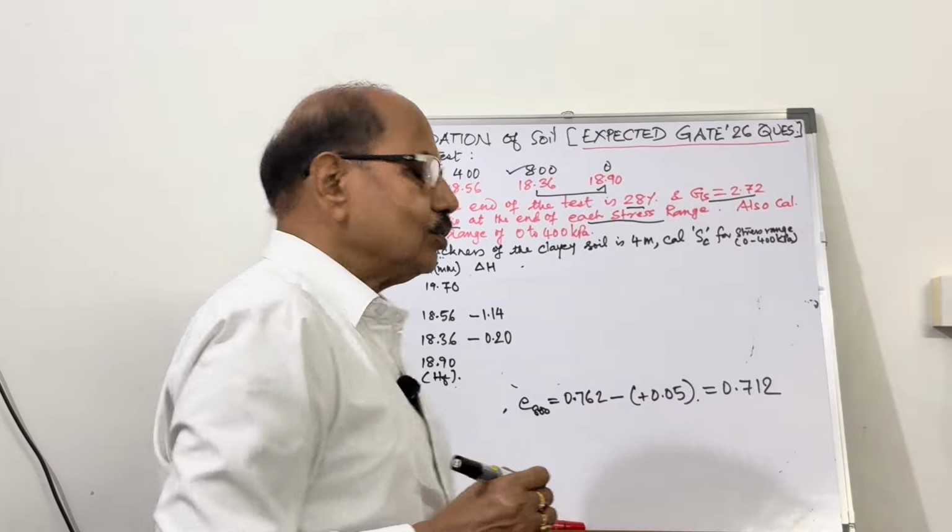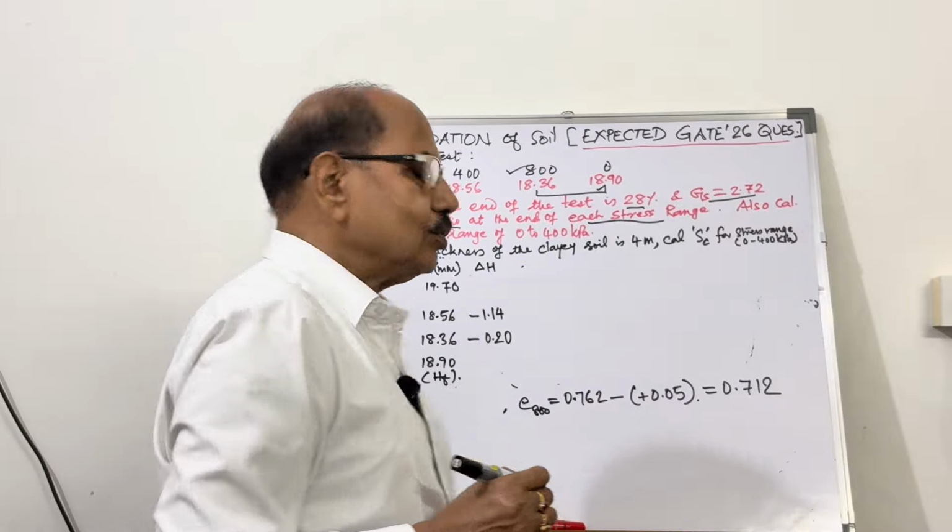So first pressure range we have been able to calculate, and for pressure range 400 to 800 kilopascal, if you go to this pressure range, delta E